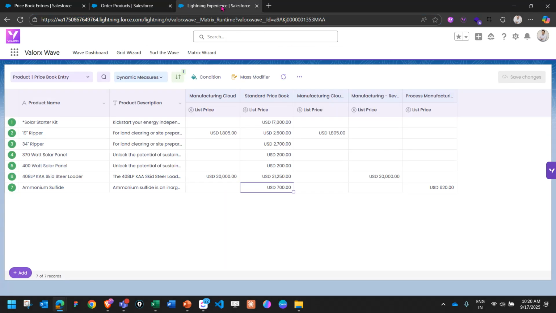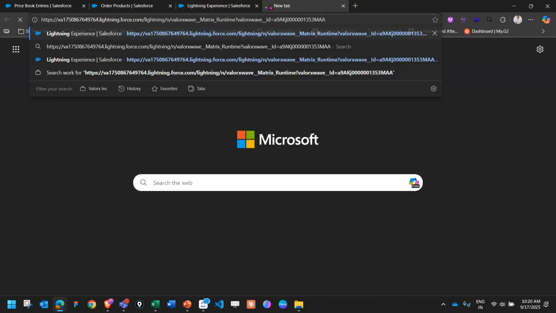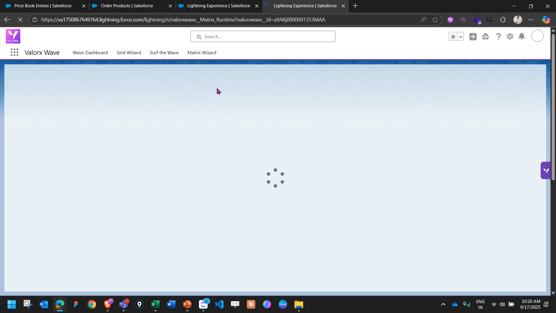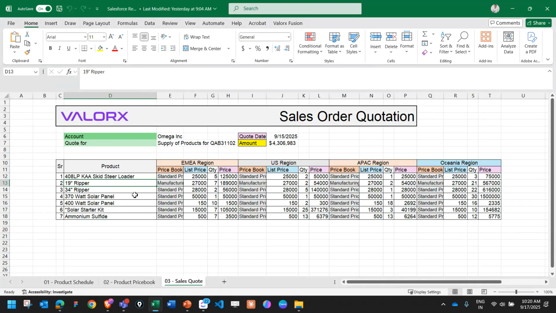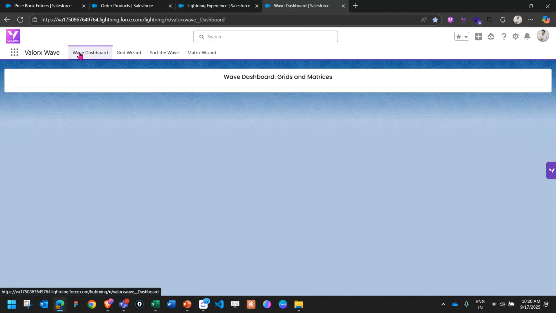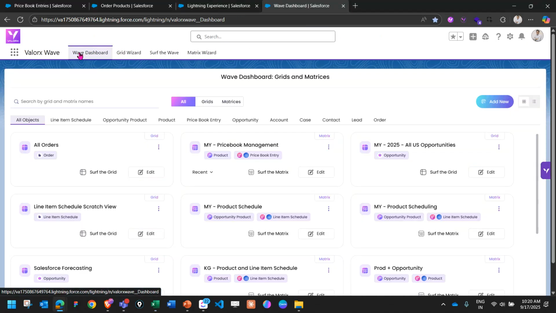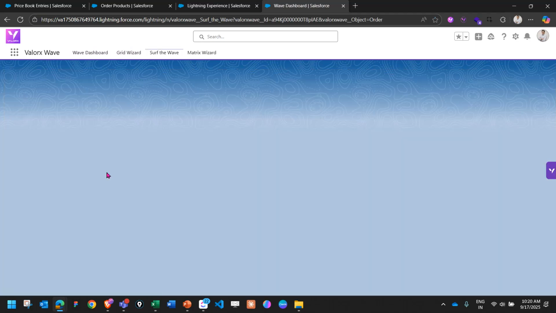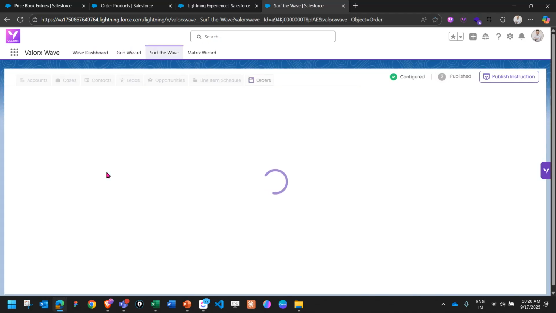So what I'll be doing is I'll be again copying and pasting the same URL or the same CRM link. And now I would like to show you how easy it is to generate the codes, right? So this is the code which he's planning to create. And I will not be using the matrix, but I'll be using the grid function. So this is a grid which is already created as part of the grid UI, and I simply click on serve the grid and serve the wave, and this is where I'll be able to see all the orders